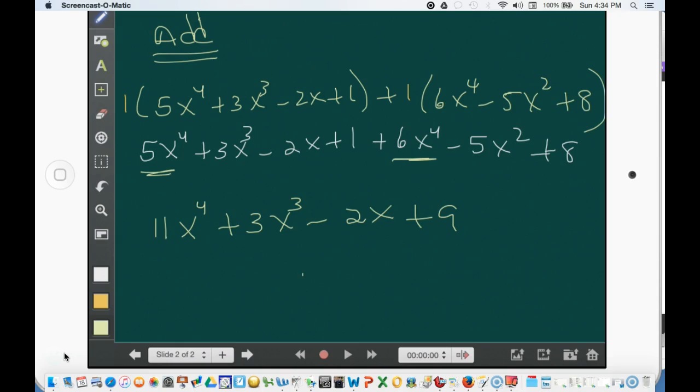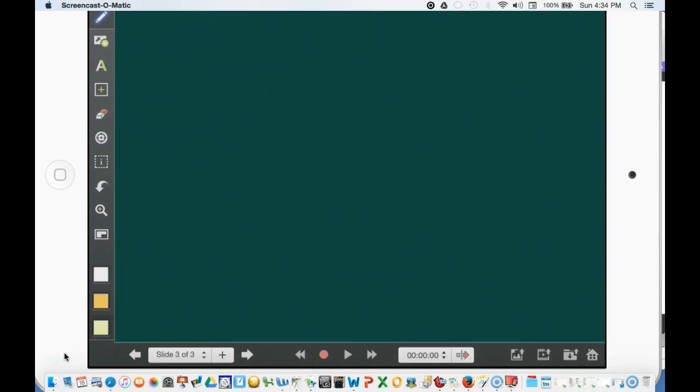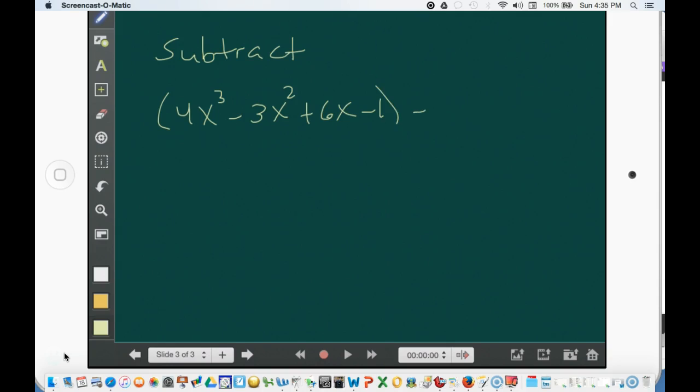Another example can be seen when we subtract. So when we subtract one polynomial from another, I can take 4x cubed minus 3x squared plus 6x minus 1, minus negative 6x cubed minus 2x squared plus 5. Now, in this case, if we think of having a 1 in front, we're distributing a negative 1, which